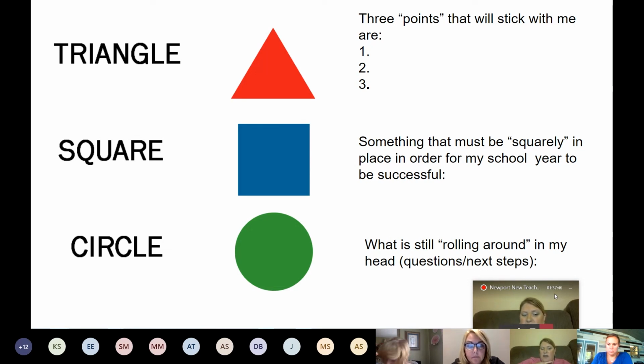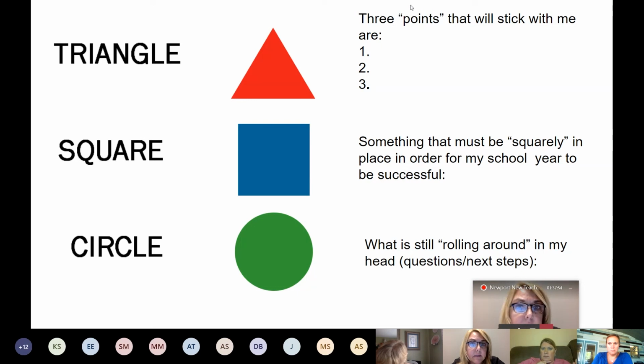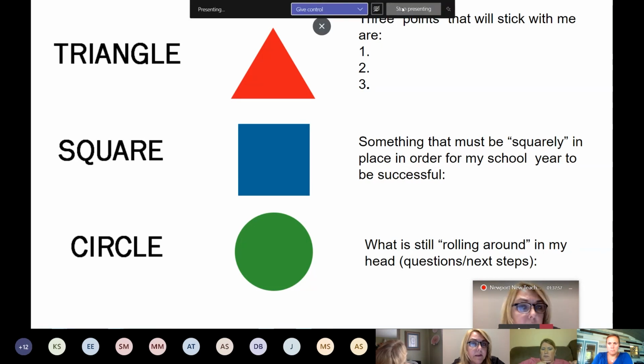And Jen, this document, they have this in their Google Drive, right? They do. I assigned it to them in Classroom. So they can type on that or they can print it however they want to have that as a resource to them. But also if they need to, I would say type on it because I will be looking at them probably by Friday when they all have them submitted, Thursday evening or Friday morning. And I apologize that your Google Doc does not look as pretty as that slide. It was a real pain to put those shapes on that Google Doc where it would still allow you to type on it. So I did the best I could. I think you'll still remember what it looked like, though.